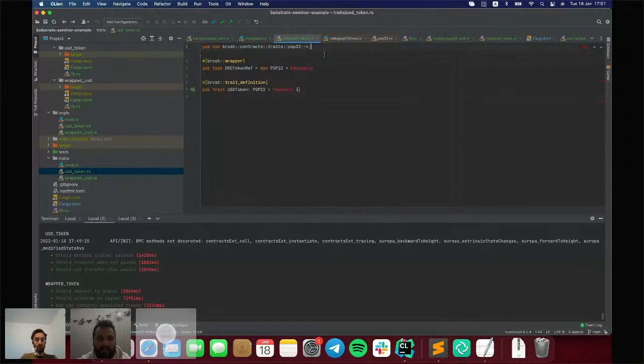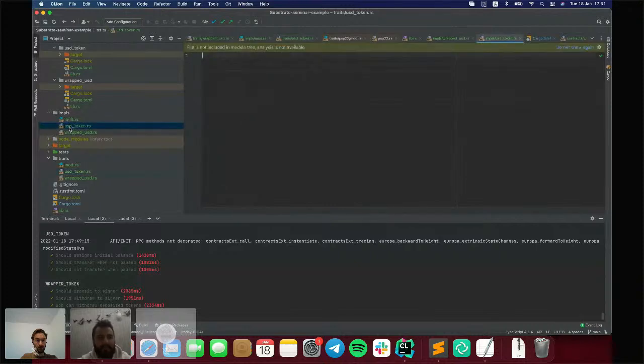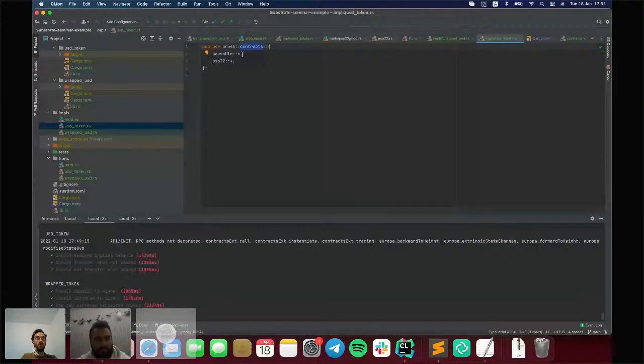So now in traits, we only want to import traits, not the default implementation related to our USD token. And in impls, here we will import the implementation for USD token. We will import the implementation of PSP22 and Pausable.